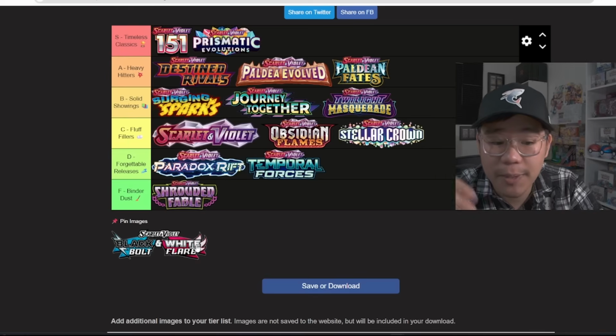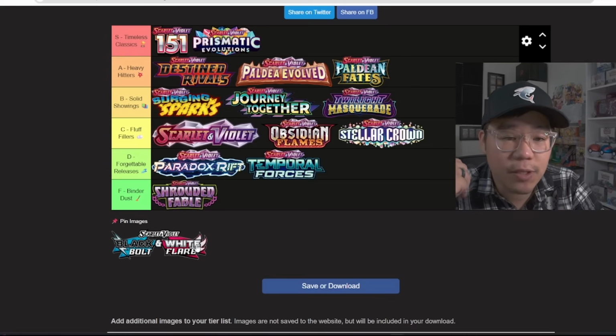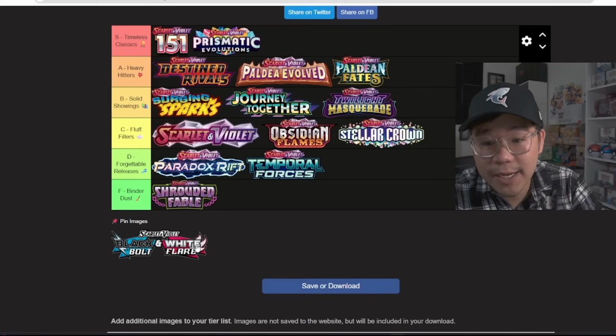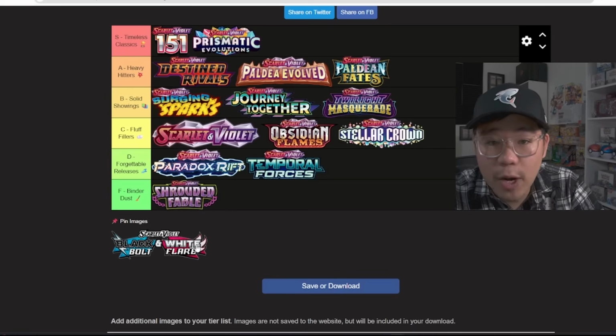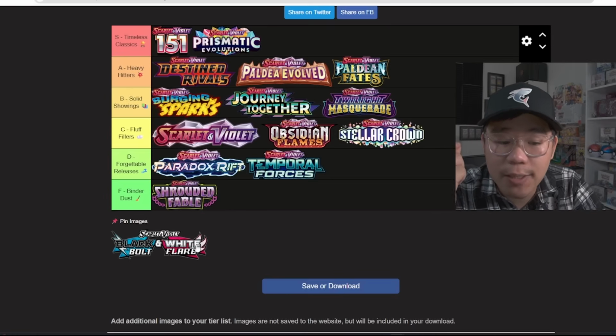Do you care about Black Bolt and White Flare? These sets don't have Charizard, Rayquaza, Pikachu. It's completely reliant on Black and White. So if you didn't play Black and White, if you don't care about these starters from Black and White, if you don't care about Zekrom, Victini, or Reshiram, are you going to be opening up Black and White? Probably not. So for you, this set is just simply one that you might not remember,